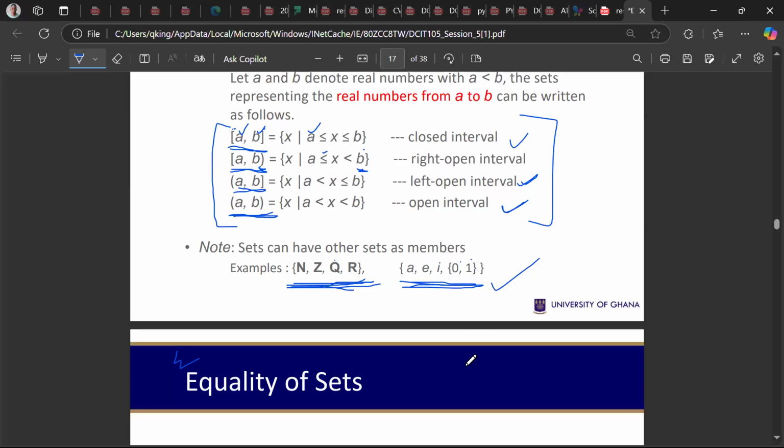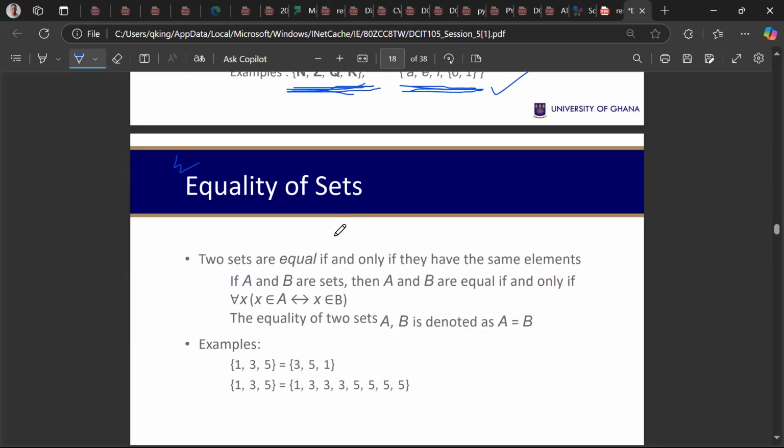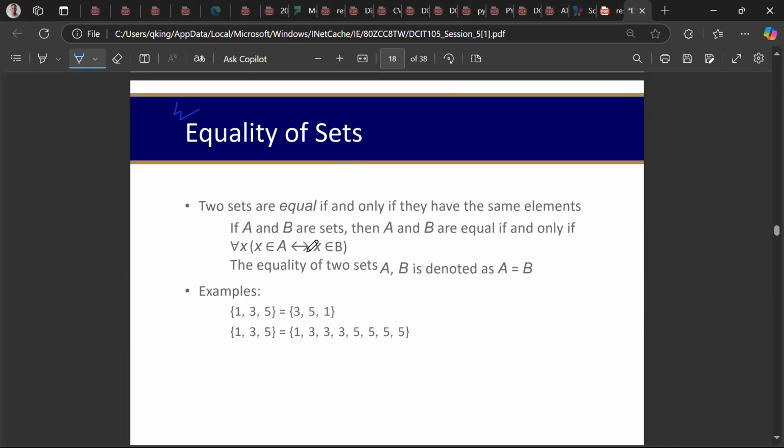And so with this one, two sets are just as seen here. Now with the equality of sets, we can see that two sets are considered equal if they contain exactly the same elements. Two sets are considered